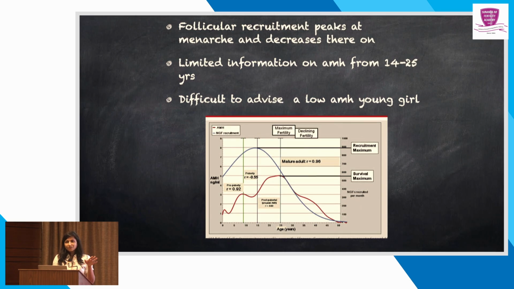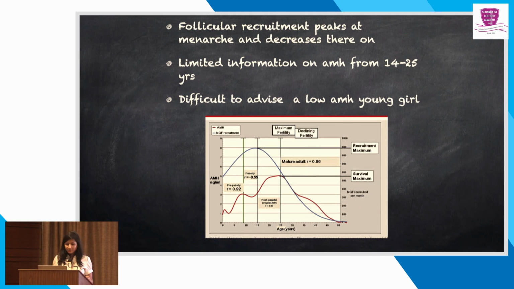So this follicular recruitment peaks at menarche, and after that also the primordial pool is going to convert into antral follicles, and as we learned, whatever AMH we get is from the preantral and antral follicles. So initially when she is about to have puberty, her whole ovarian reserve is not yet expressed, so we can't label on that basis whether she is having low ovarian reserve, normal ovarian reserve, or high AMH. So we have very limited information between the age group of 14 to 35 years,